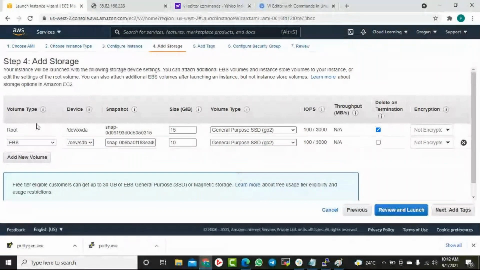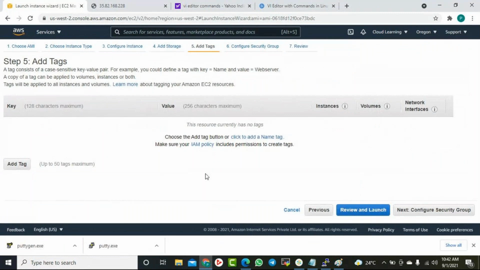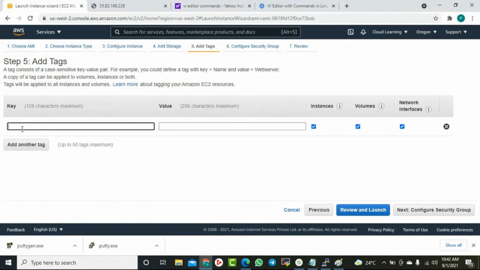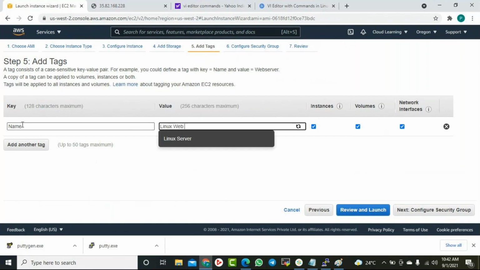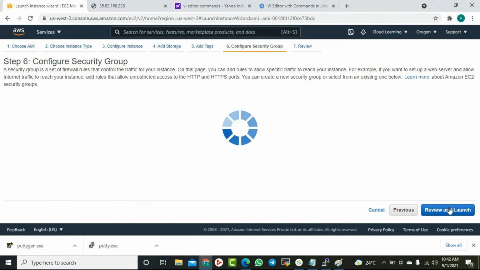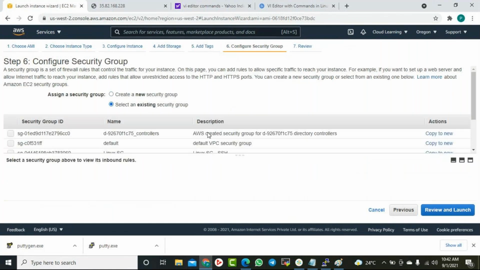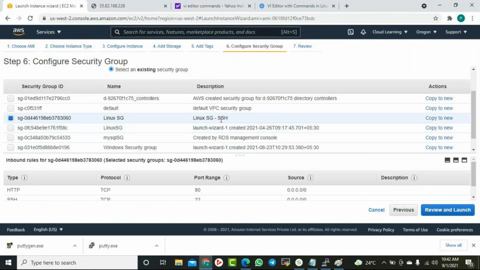The original server has two disks, and the same two disks will come. Then I click Next. If you want to add a tag you can, so I say Linux web servers. Next, security group. I choose the same Linux one. Review.